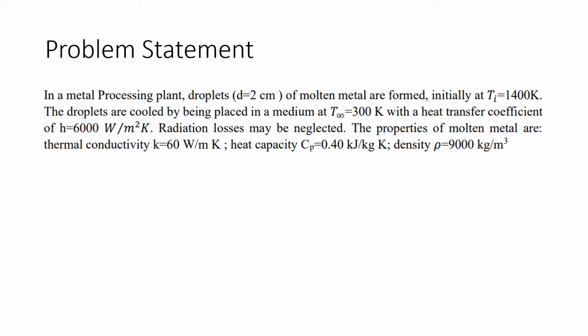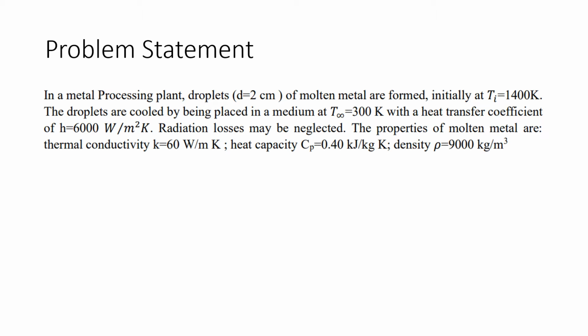So in a metal processing plant, droplets of molten metal are formed initially at a temperature of 1400 Kelvin. The droplets are cooled by being placed in a medium of 300 Kelvin. The heat transfer coefficients are 6000. Radiation losses may be neglected. The properties of molten metal are the following: thermal conductivity of 60, heat capacity of 0.4, and a